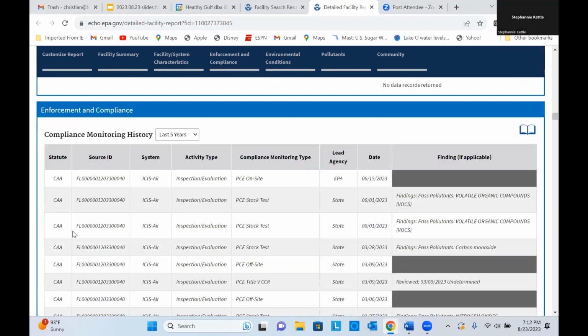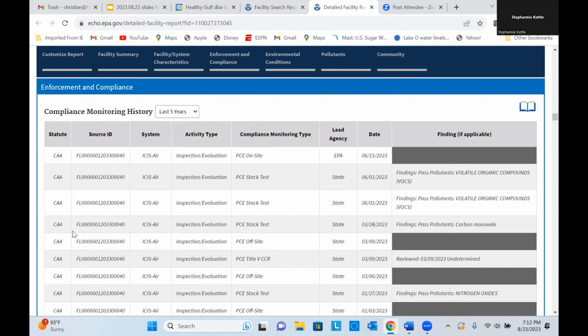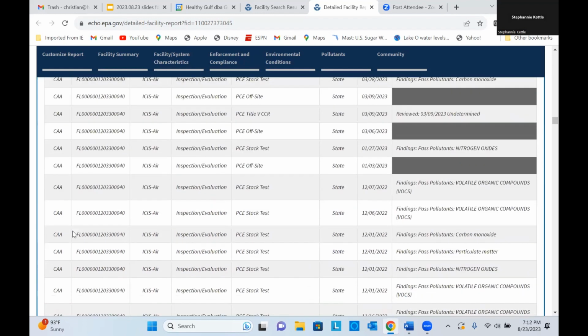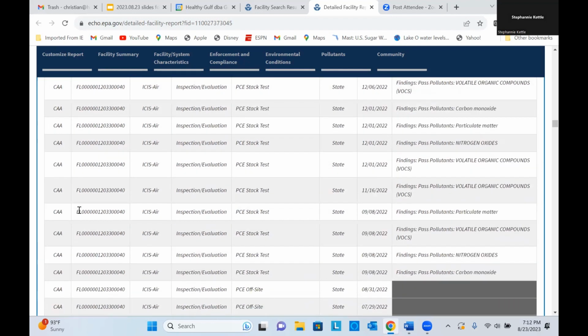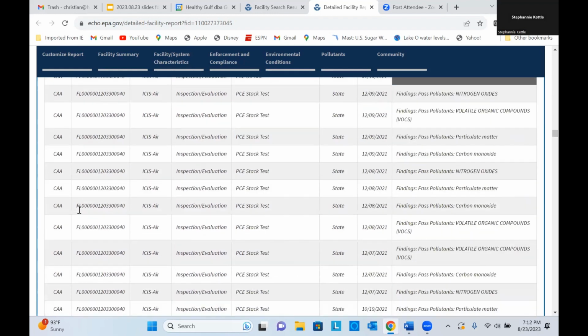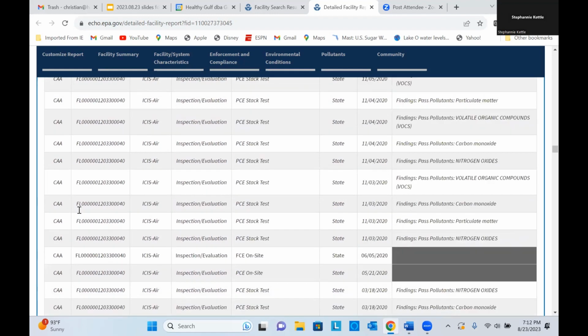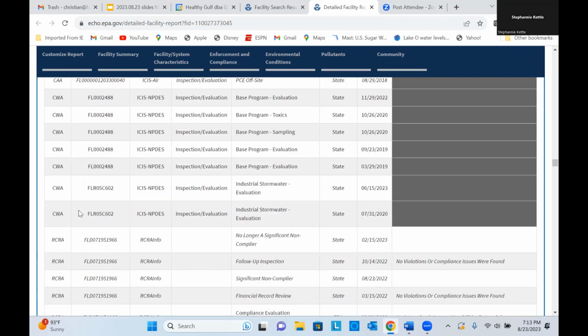And then going down a little bit farther, we get into that same kind of compliance monitoring history that Matt talked about, showing whether they passed tests or failed tests for various statutes. CAA is Clean Air Act. So it goes through those. It's a lot of it. I mean, it's a big facility, a lot of discharge. And then it just takes them one by one. Clean Water Act,